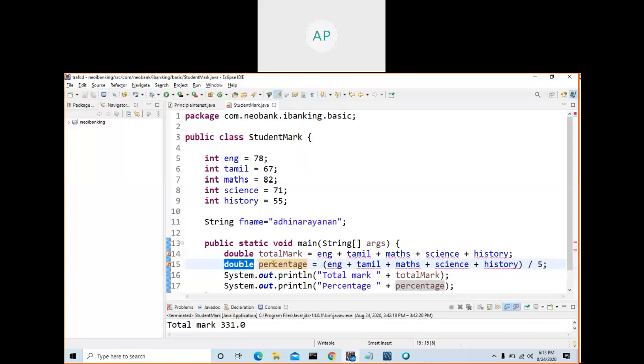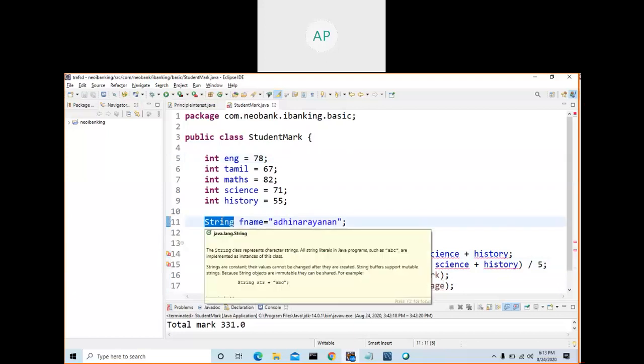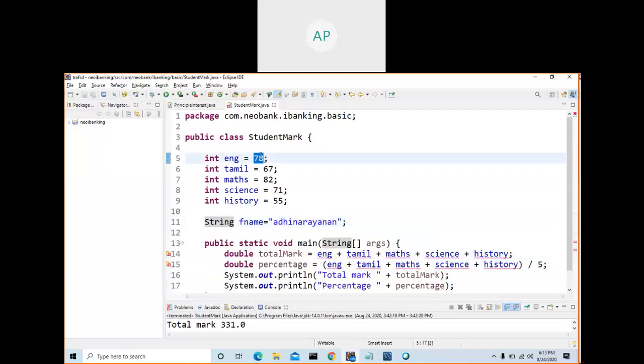See here, percentage, any name. To be meaningful, I make it percentage, double. So now we have used 3 data types. If your value is going to be in fractions, then you can store it in a double value. Otherwise, you can store it in an integer value. Integer, string, any alphanumeric. Any alphanumeric you cannot store in an integer. You cannot store alphanumeric.